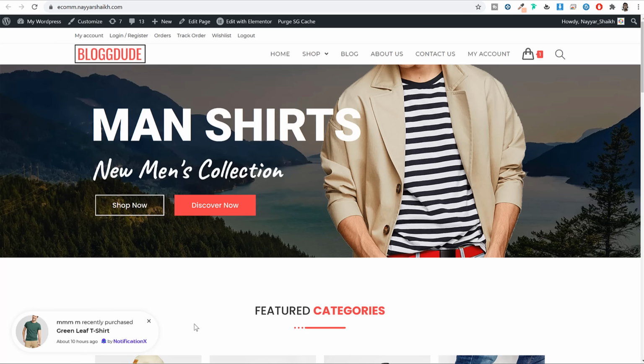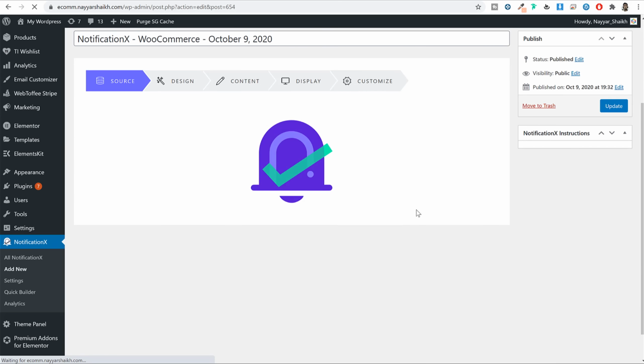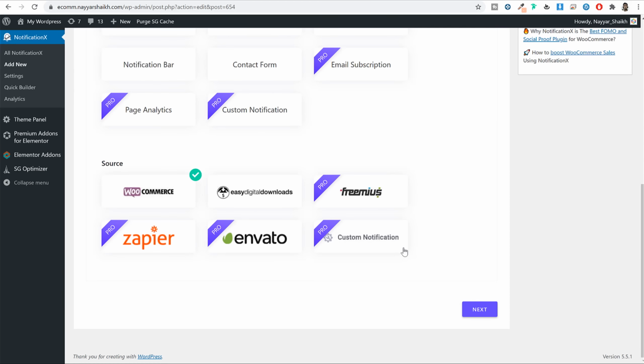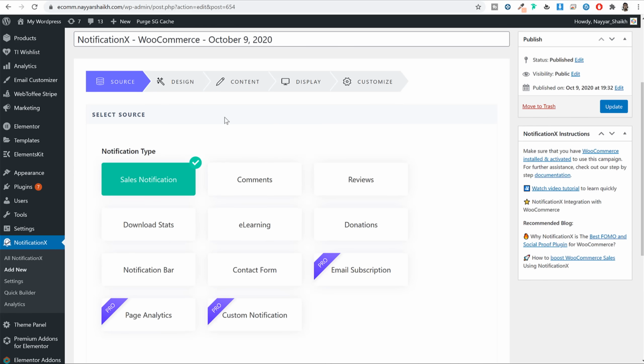Obviously, you can control this thing. You can control the timing and everything. Now, right now, what we have done is we have just selected a quick setup. If you want, you can also do some advanced setting with this option. Now, if you click on edit, you will get some more options. So here, as you can see, when you click on edit, you'll see this screen. Again, you can change this. Instead of sales notification, you can do some changes over here.